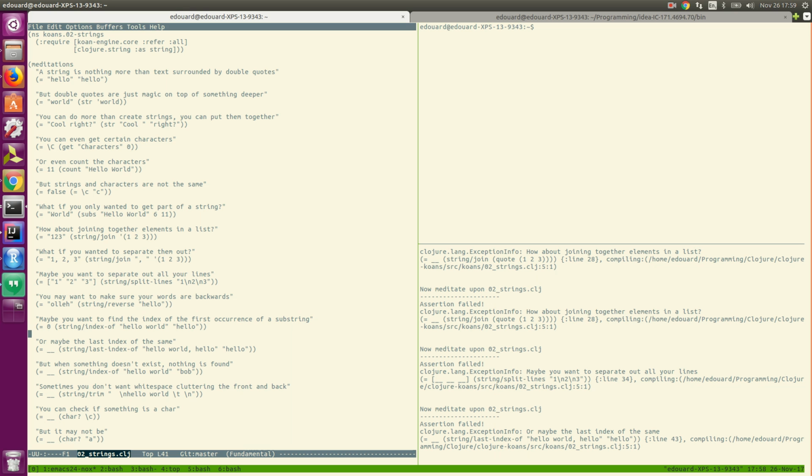Rather than calling something first index of and last index of, you have to remember that the one for the first index is just called index of, and the one for the last index is called last index of. I wonder if there's an indices of as well, which tells you all of the different indices for a substring in a larger string. And the order of arguments is also interesting here.